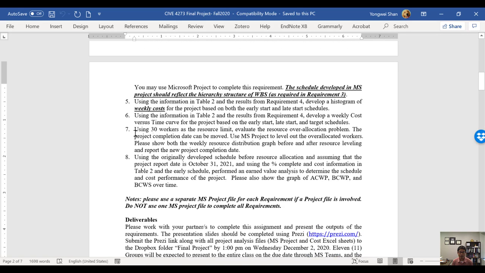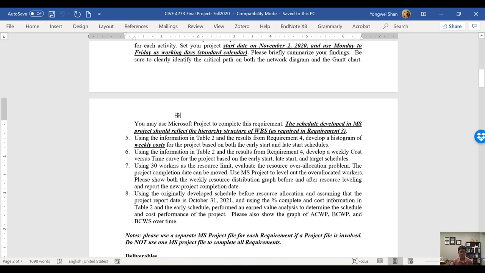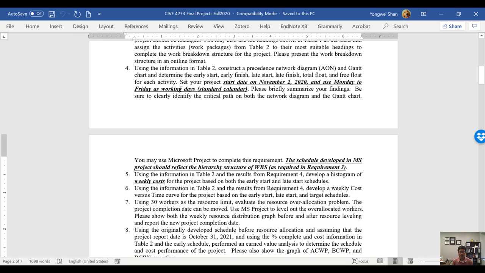Requirement 7 is related to the resource allocation problem, and the function that we're going to use in MS Project is the resource leveling function. So for those different requirements using MS Project, I want you guys to create a Microsoft Project file for each new